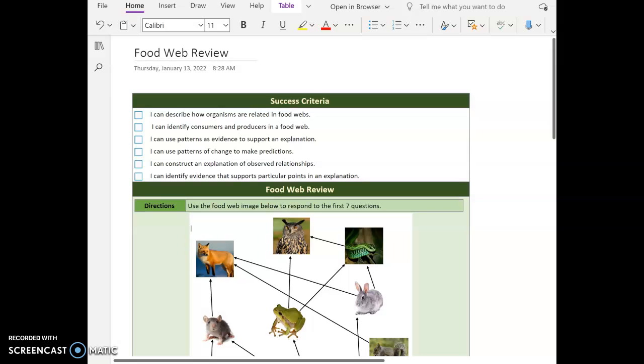Once you get out there, this is what you'll see. I do have the success criteria listed at the top. If you notice, this has everything to do with what was just in that Nearpod and everything you have to do in this task. So you are showing me, do you have the foundations so that you can earn that 2.0 score right away?